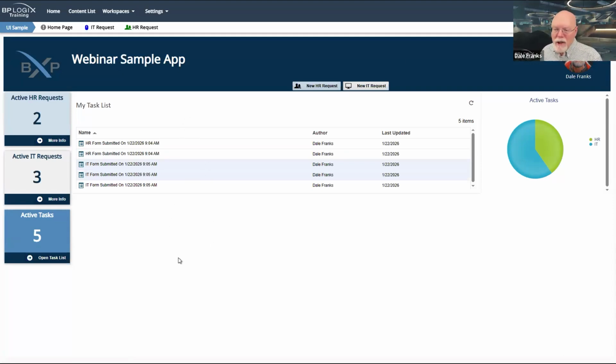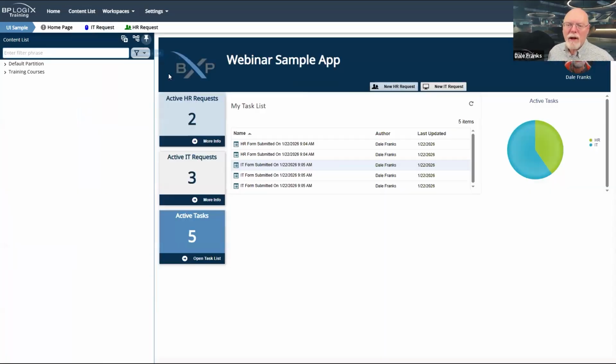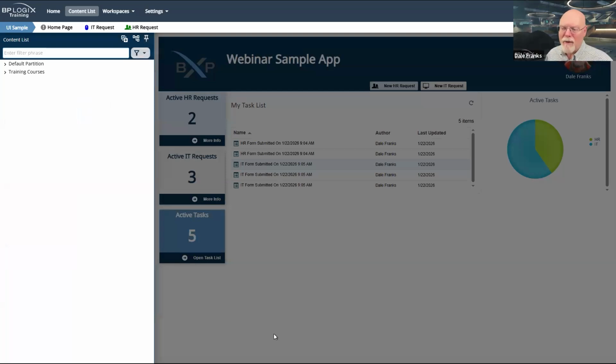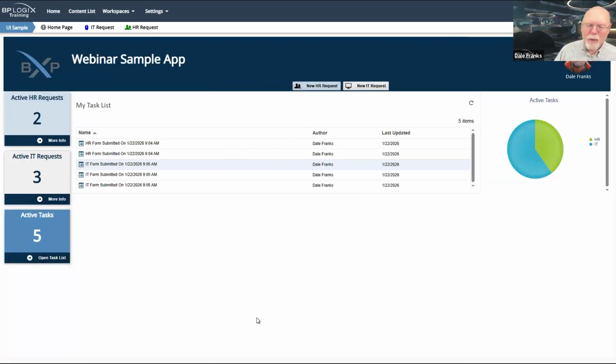So this is basically a form, a single Process Director form. Can't submit it or anything, but this form is what creates the UI for my end users. And if I were to open up my content list here, you can see that the form automatically contracts to the appropriate size. So everything is sized properly. And if I get rid of the content list, we can see all the items.